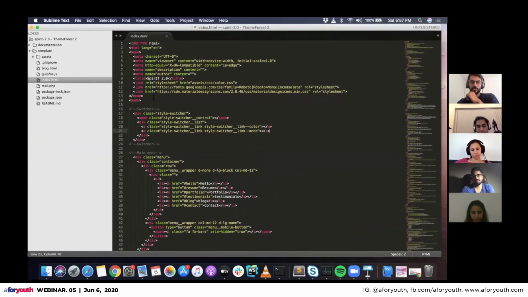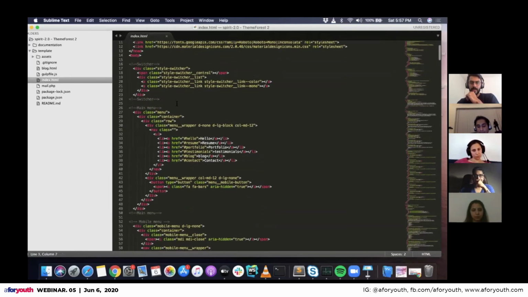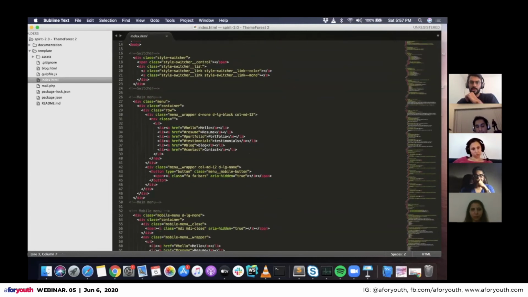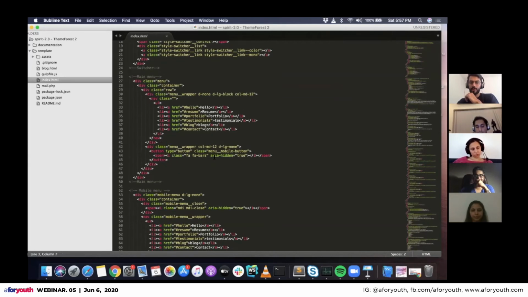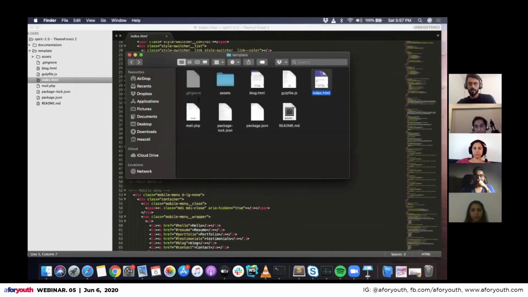Here, as we already learned, there are a lot of tags, and every tag has an opening and a closing tag as well. Now we have a basic understanding of how these tags work, but we don't really have to do everything here. If I open this index.html, let's reveal and find it.